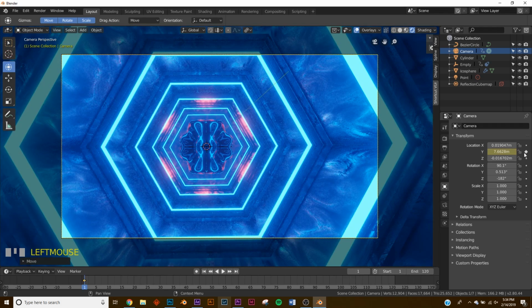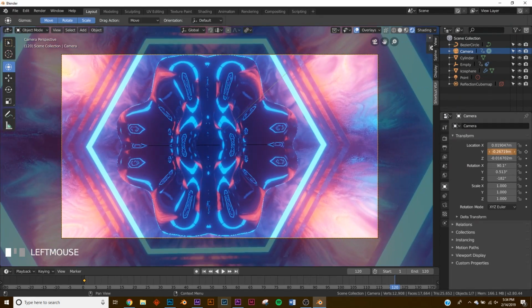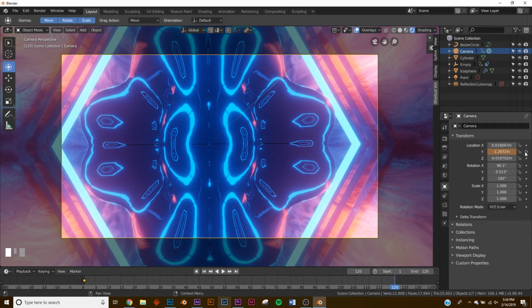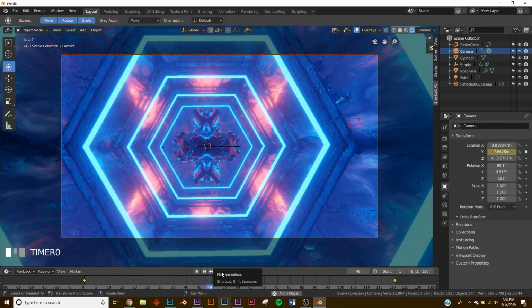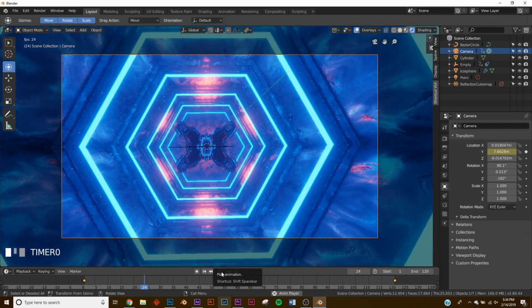So click this little circle and then go to the very end. I'm gonna stop it right here at 120. We don't need to actually hit the right arrow because we're gonna add a little bit. And then just animate it. Bring it all the way to the end here to right about there. And then click a keyframe. And so now our camera is going straight up to our object, to our creepy little object, just like that.